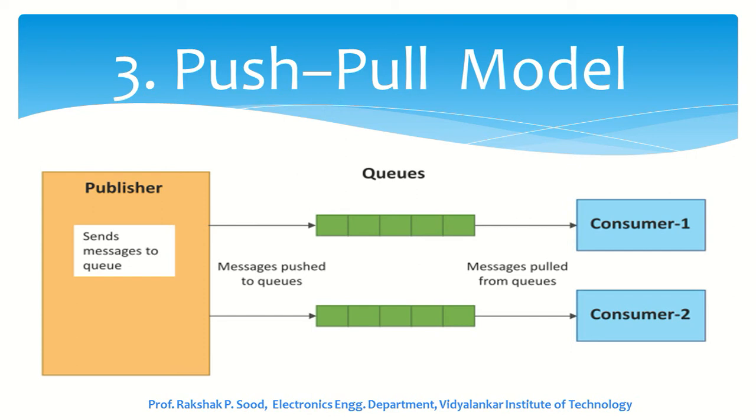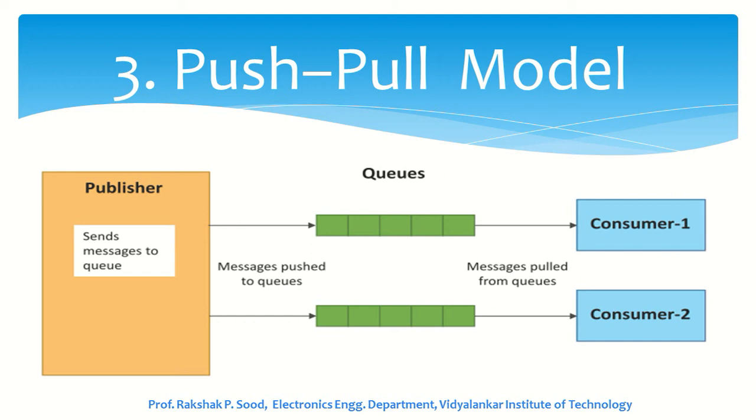The third model is the push-pull model. The best example of this can be our WhatsApp messages. Whenever we send any message across, it does not directly reach the recipient, but it is done via push-pull servers. First, as soon as we send a message and we get a single tick, it means our message has reached a push server,